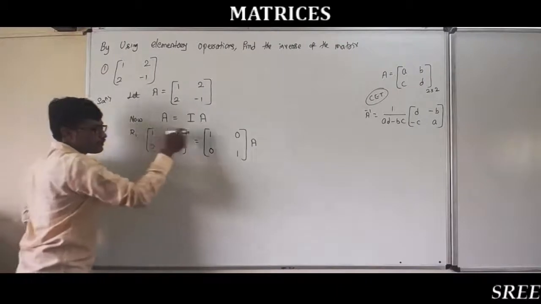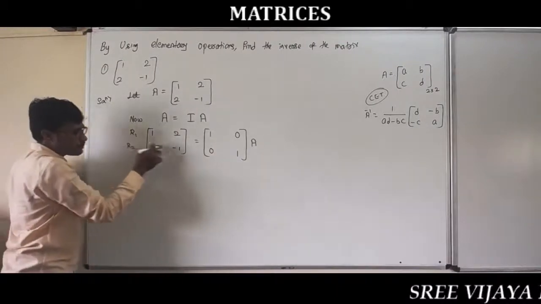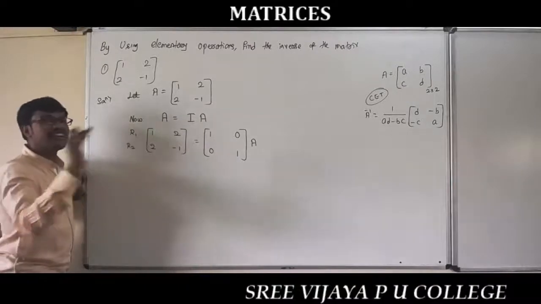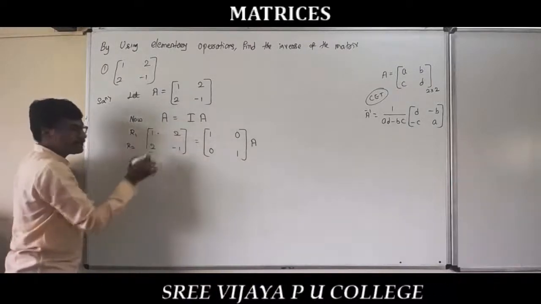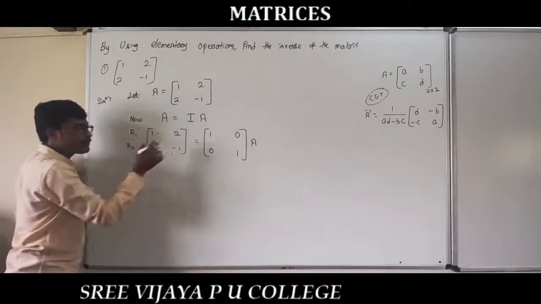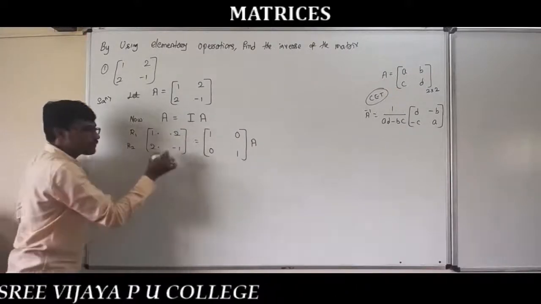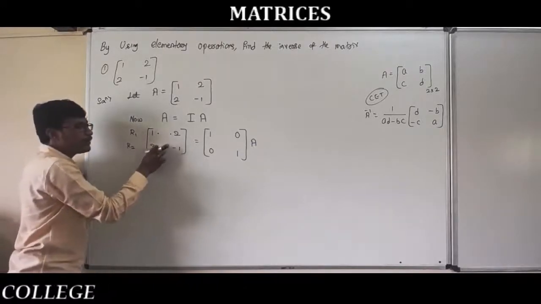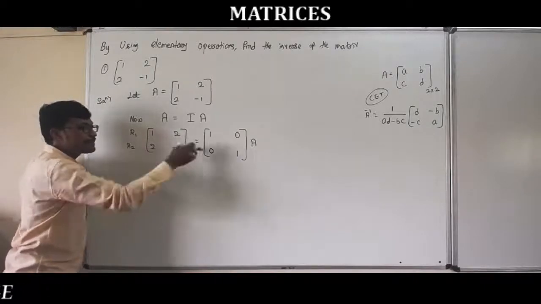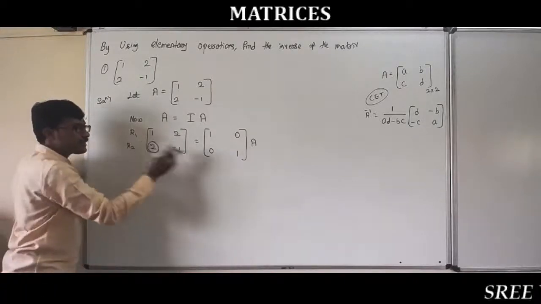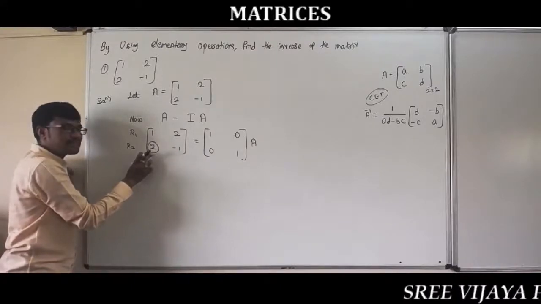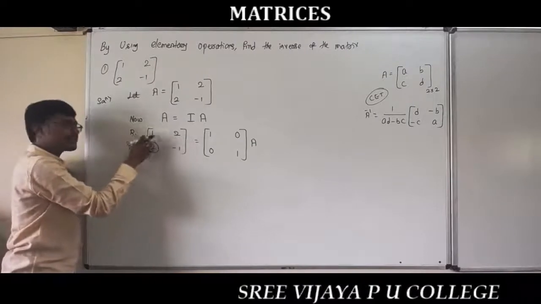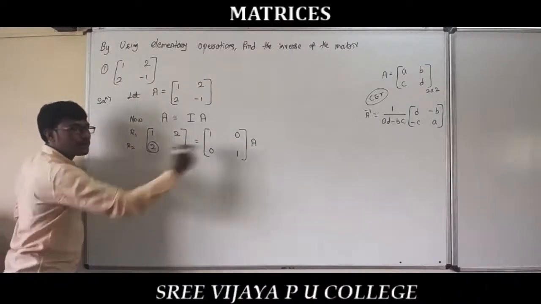Okay. Now, you can apply the elementary operations like that. R1 is the first row, R2 is the second row. So this matrix can be made an identity matrix. This is 1. This can be made a 0. This can be made a 0. This can be made a 1. So 1, 0, 0, 1. For that, first I will work on R2. This can be made a 0, this can be made a 1. Already this one is there, no problem. So first I will complete from R2.